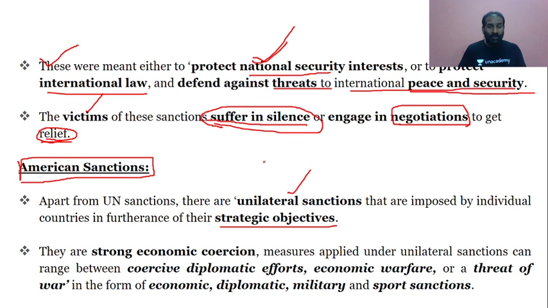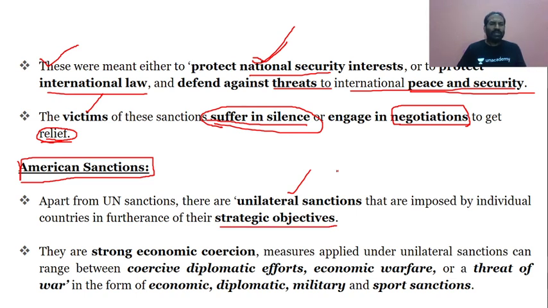Russia is also a developed country, but the US has gone ahead with imposing economic sanctions on Russia when Russia took over Crimea. Where is Crimea? It is part of Ukraine. It is a peninsular region of Ukraine, wherein 60 percent of the people are Russians. They speak the Russian language. So they wanted to be part of the Russian Federation rather than Ukraine.